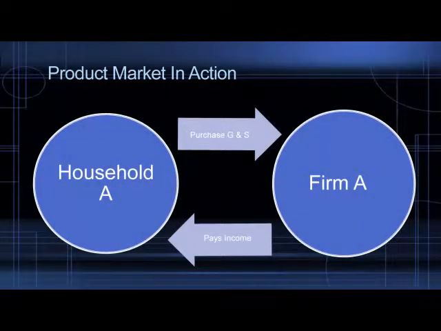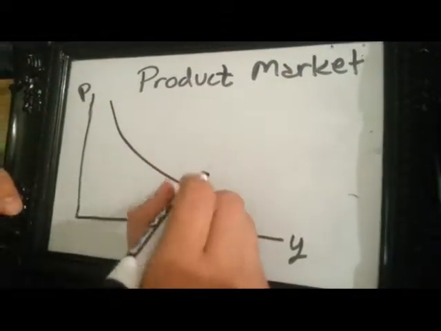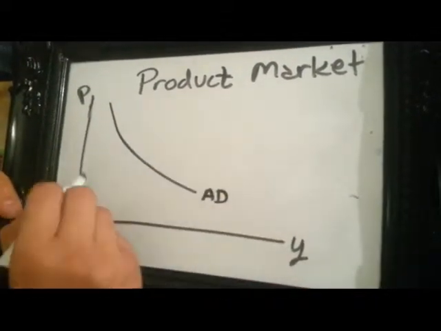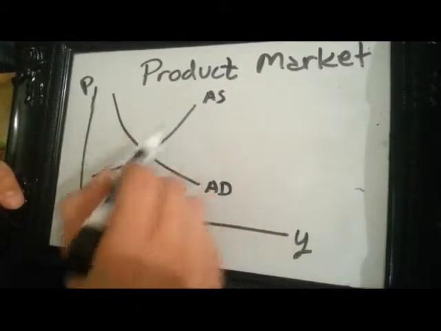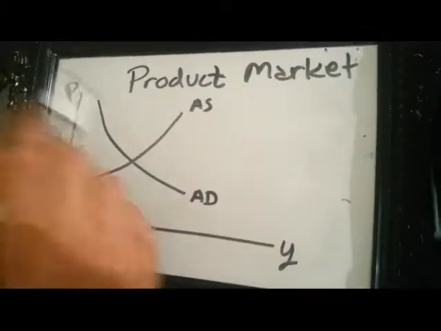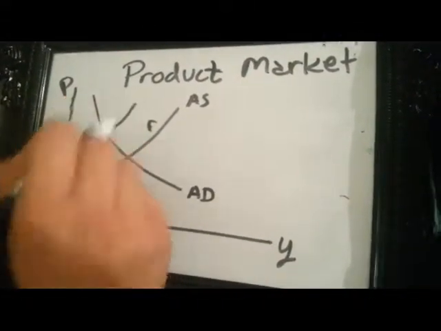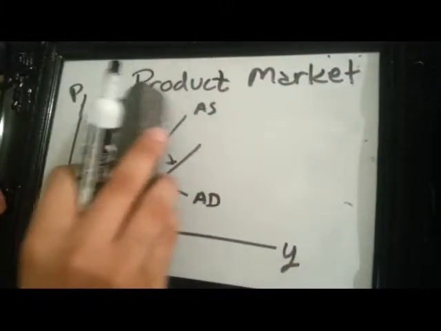The cycle of the product market can be seen in this example of households and firms. Households work in firms for an income, which they then spend on goods and services provided by the firms. We have our product market, and this we already know as our neoclassical model, which is the intersection of both aggregate demand and aggregate supply. And we know that either one of these curves can shift in or out. However,